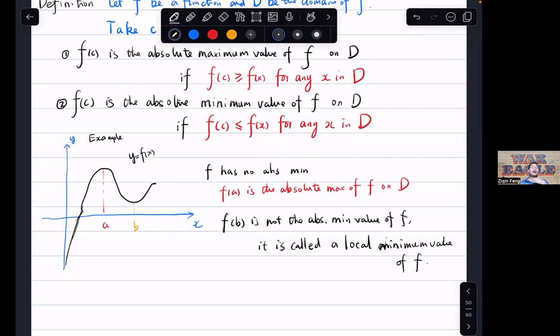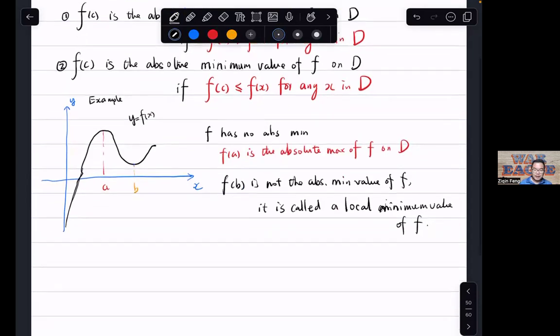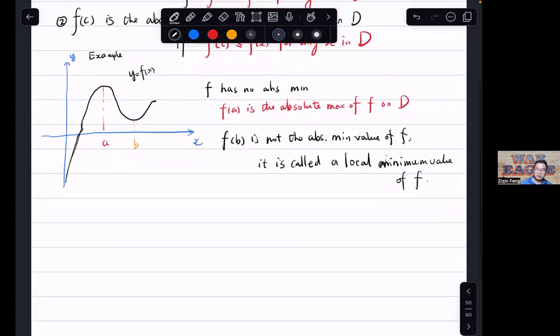So we want to identify the absolute maximum and minimum values, but in the end we need to get all the local maximum and minimum values, because using derivatives we can capture them. And then we can compare all of them to get which one is the biggest and which one is the smallest. We will get our absolute maximum and absolute minimum, right? So that's our goal. So let's try to write down a definition for the local version of absolute maximum value and absolute minimum value. And here, we call that